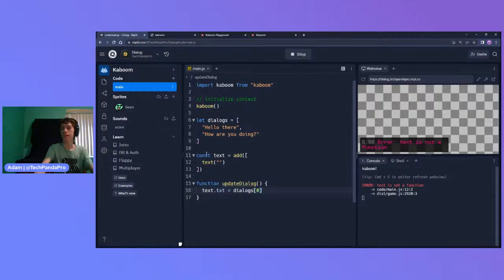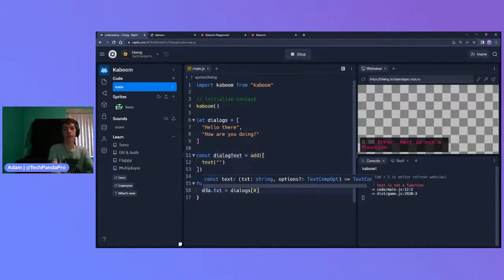But the issue, so this is overriding the function because by default, Kaboom adds the functions to the global window. So we need to change the name of the variable to like dialog text, and then change this to dialog text. And then